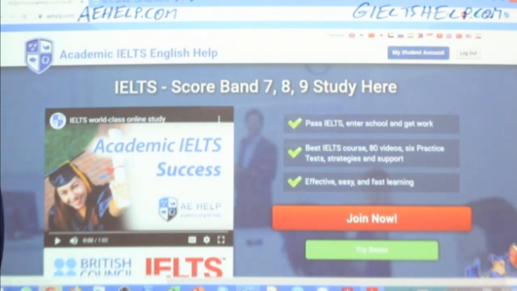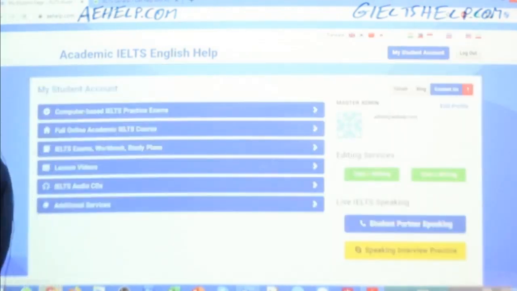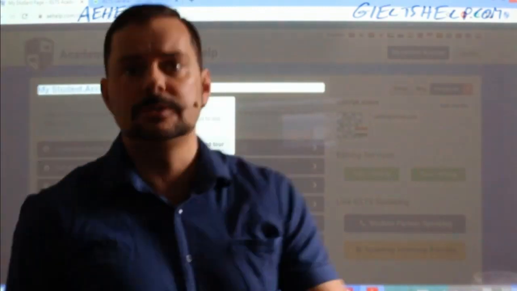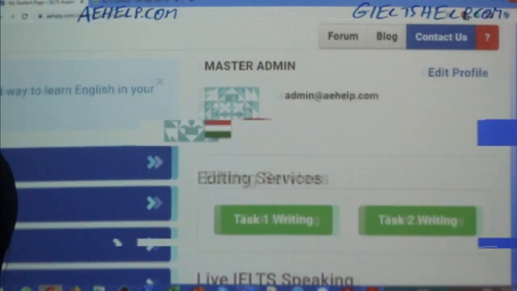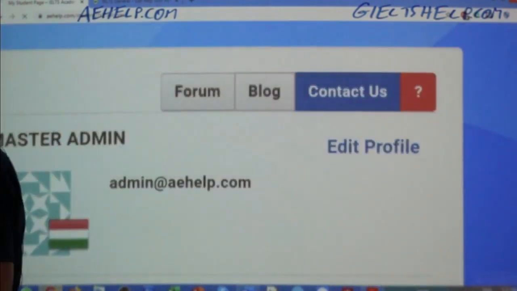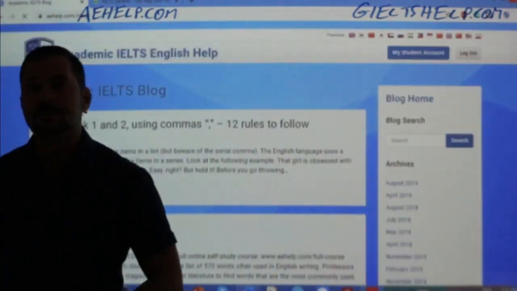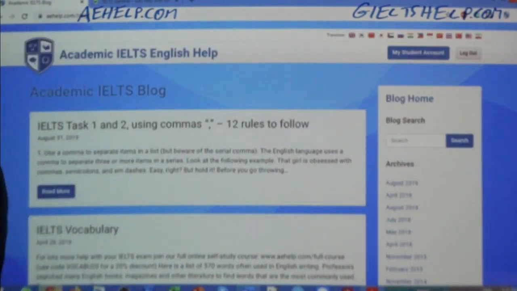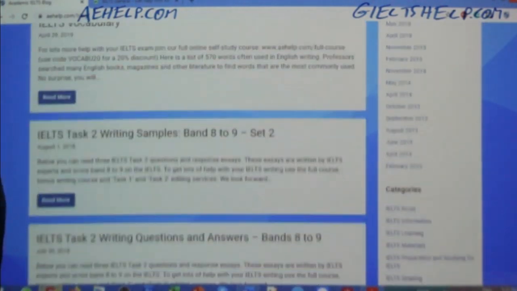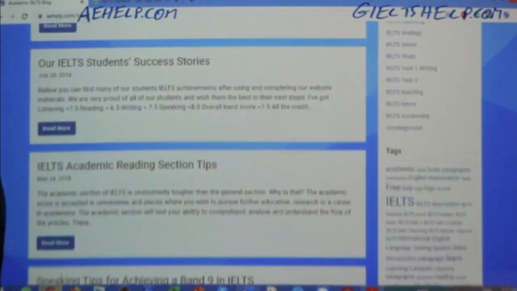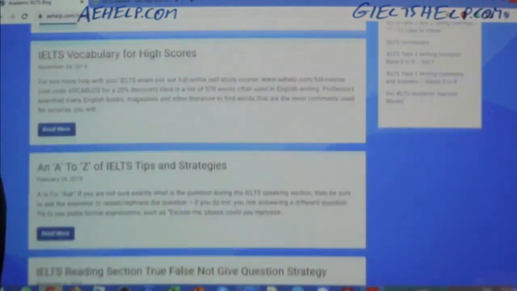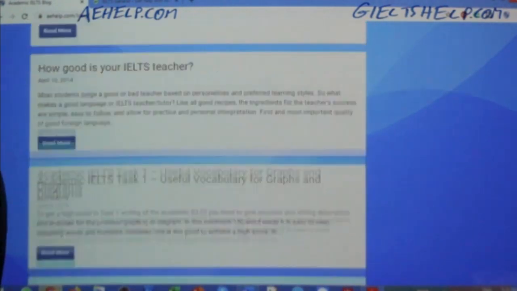Okay, let me just quickly jump into my student account here. I'll show you one quick resource. So I'm going to have to darken this a tiny touch. Just bear with me. Okay, just give me 2 seconds. So this is at ahelp.com. If you go into your blog, you'll find a lot of resources. So the blog is up at the top right there. And in the blog, and we're going to be adding actually a lot more blogs in the coming few weeks. So check back. We have lots, but there's task 2 examples for a lot of different kinds of essays.